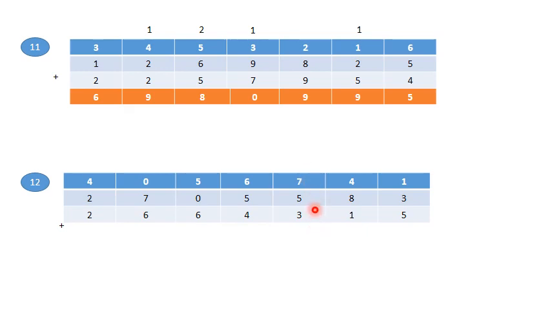7 plus 3, 10. 10 plus 5, 15. 15 plus 1 carry over becomes 16. 1 here carry and 6 here. 6 plus 4 become 10. 10 plus 5, 15. And 1 carry over will become here 1. And here 6, 16. Now 6 plus 5, 11. 11 plus 1, 12. 1 and here 2.